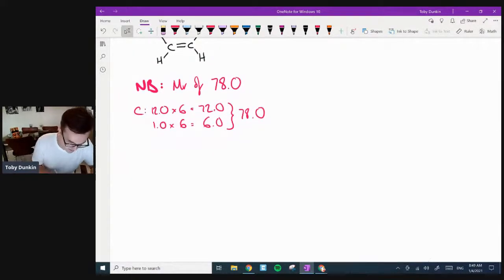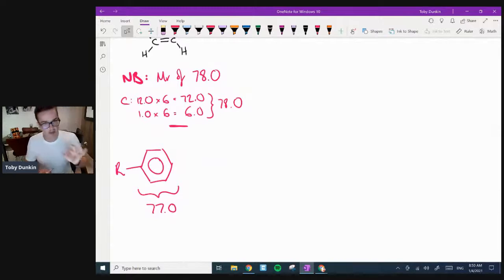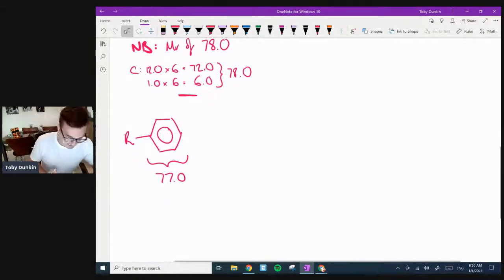Just to now also show you another thing that's super important is benzene as an attachment. This is a phenyl group. So benzene as an attachment. So if I do this, and I go R, what you now realize is that this structure here has an Mr of 77. Every time you add an R group, you lose a hydrogen in a substitution reaction. Benzene reactions tend to be substitutions rather than additions. And we'll come to that later on in the mechanisms and reactions of benzene. But this one is 77.